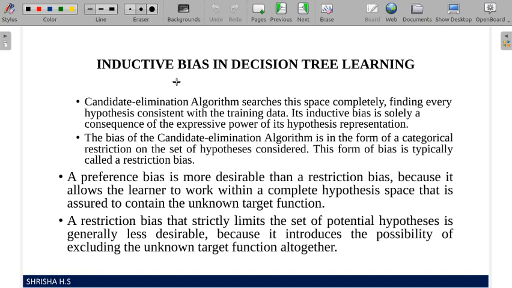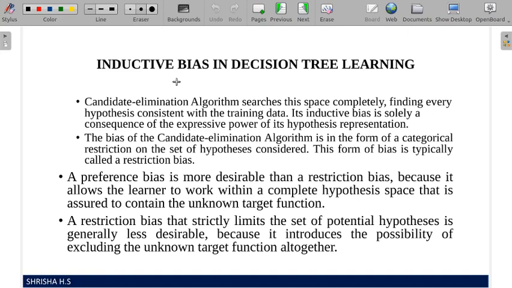Unknown target function means, suppose you have trained your data set. Later, why have you trained? So that when you get an unknown instance, an unknown situation, you classify the instance correctly. Why do you learn for the examination? Whenever the question paper is given, you answer it correctly, right? In a similar way, whenever an unknown instance, an unknown scenario is given, using the values obtained or earned during the training, our hypothesis has to correctly classify this new instance.